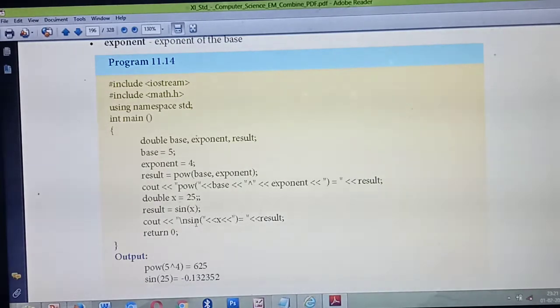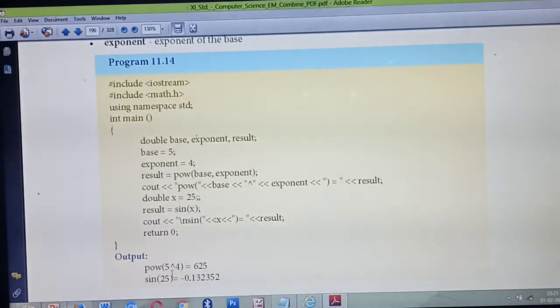Okay. So listen. Next you are also going to find the value for sine. What's the sine of a particular value? For that you declare a variable x of data type double. So you are going to find it using the sine function. So in which variable should you store the answer? Result. So result equal to sin of x. Okay. So now you need to print the result. What output will you get? 5.